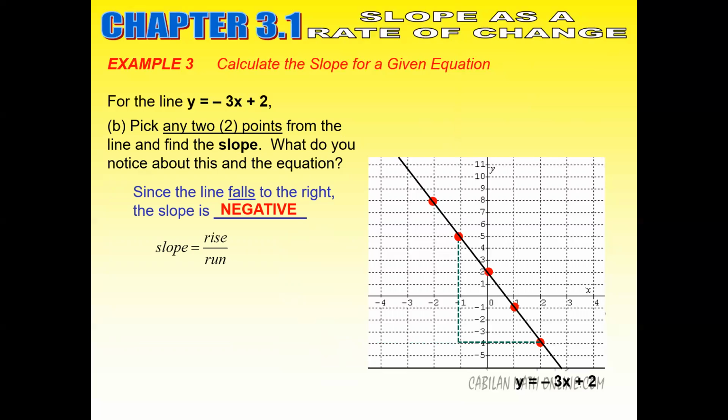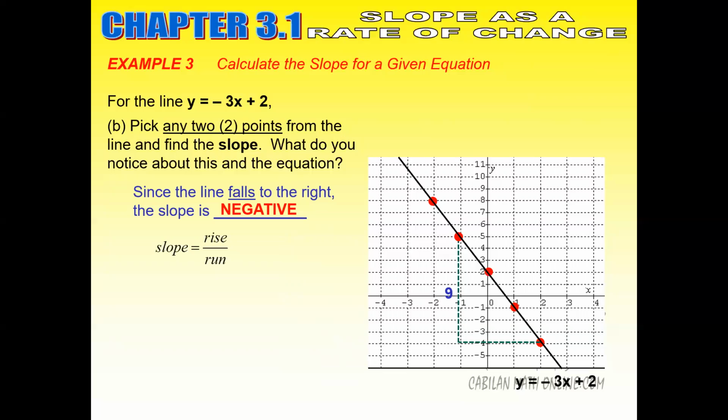Okay, so you might want to put a star beside that one because again, as I said before, anytime you see a line that's going down the right, it's always going to be negative here. Okay, so when you do that, what's going to happen is we're going to count the number of boxes from those 2 points. So starting off with the rise here, starting from the red dot, if you count the number of boxes from the red dot to the corner of the triangle, okay, you will get a rise there of